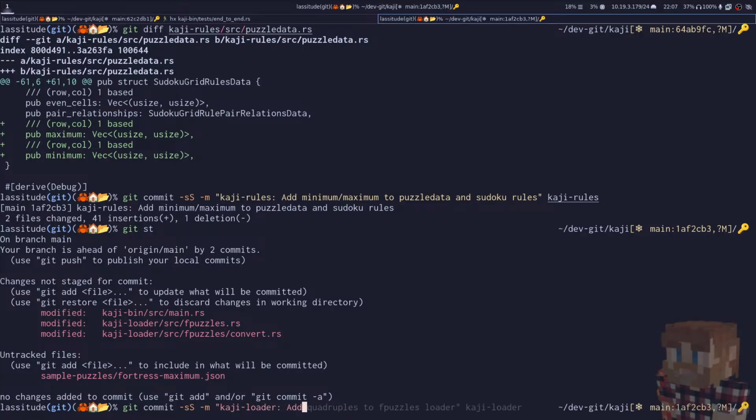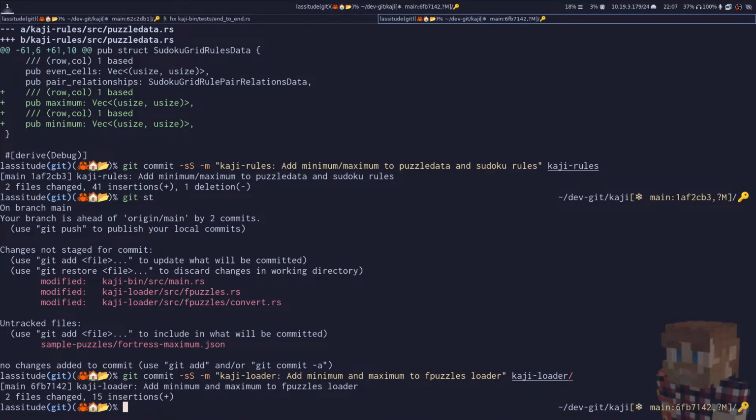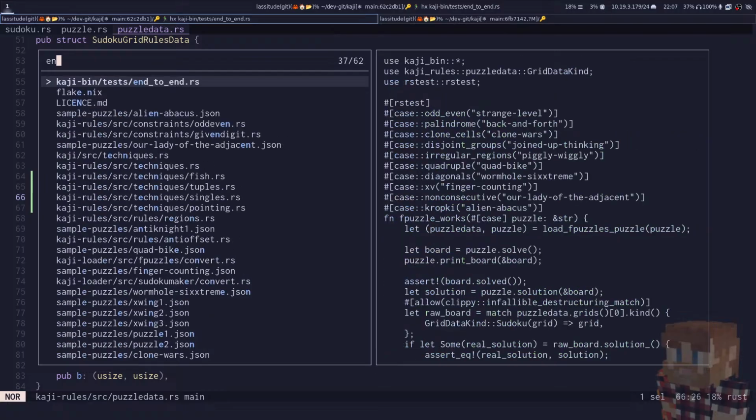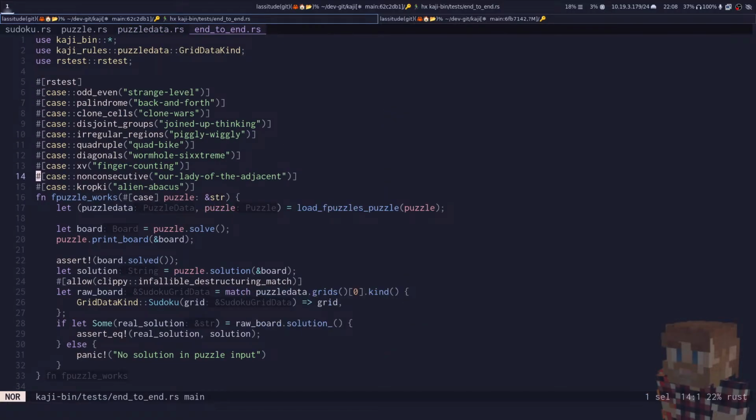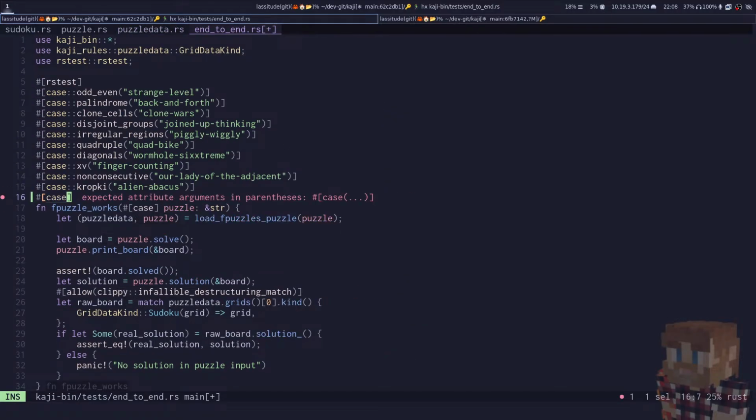Kaji loader, add minimum and maximum to F puzzles loader. And now finally, we're going to want to have